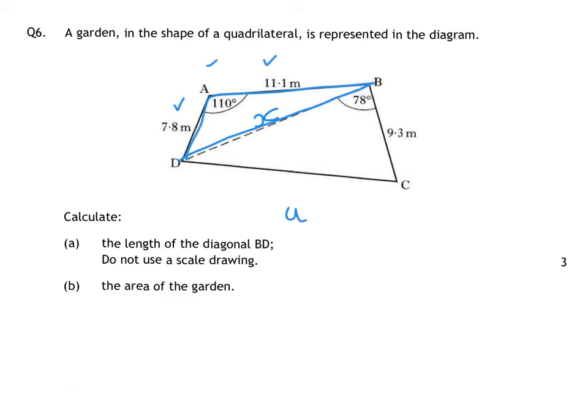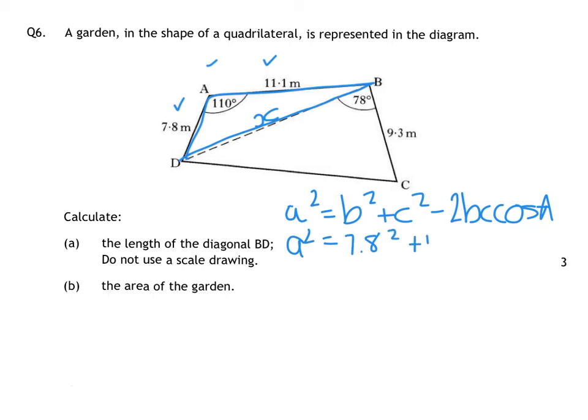So that's the one on your formula sheet that says a squared equals b squared plus c squared minus 2bc cos A. B and C are just your two sides, either side, so that will be the 7.8 and the 11.1. And I'm just going to have to take two lines to do this. And that is cos 110. Now you go to your calculator, and this is the one you just type all in one go. And it gives you